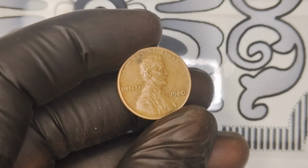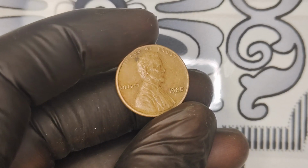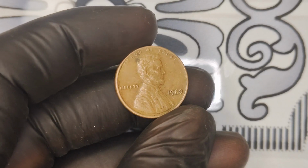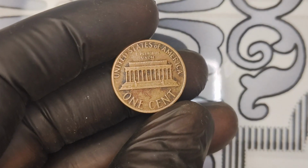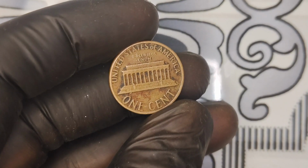The Lincoln penny was first introduced in 1909, featuring President Abraham Lincoln on the obverse, and the famous wheat ears on the reverse, which was the design until 1958. After that, the reverse was changed to the Lincoln Memorial design, which continued until 2008 when the design was updated